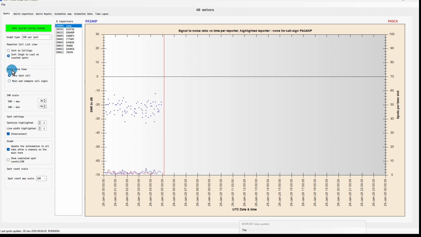The graph data view, so the data we have here now is only from the main call, i.e. PA3AKP. Main and compare call signs. If you select this, you can select between main station PA3AKP or PA5 Charlie Alpha, or both. And then the signals of both stations are mixed in the graph. This is a little bit difficult to see what is really happening with those stations. So let's do the sorting again on the number of spots, 35 for